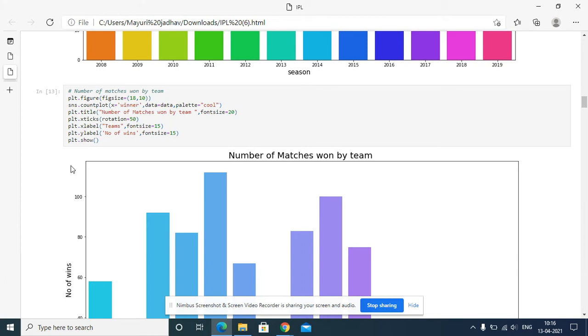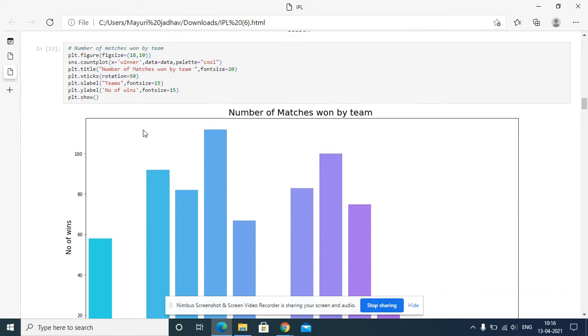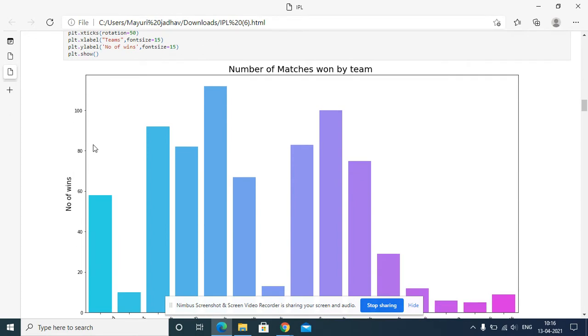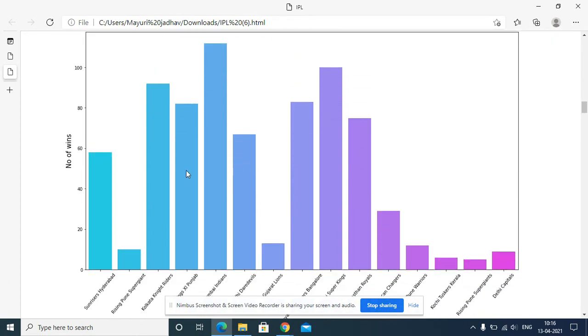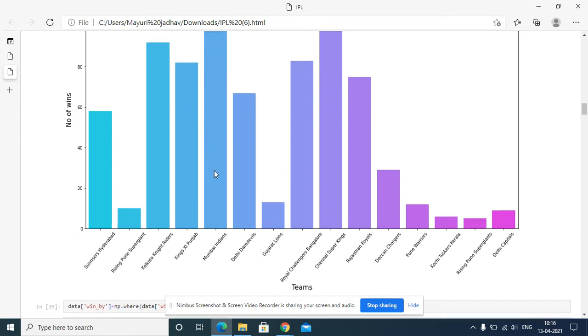If rotation is equal to 0, then the tick marks are horizontal. xlabel team, ylabel number of wins, and plt.show gives the graph on your window. See here the number of matches won by each team. The highest number of matches was won by the Mumbai Indians.